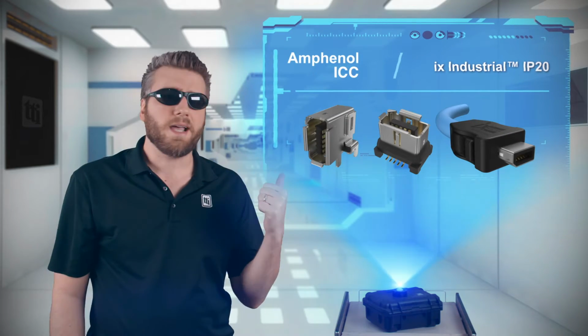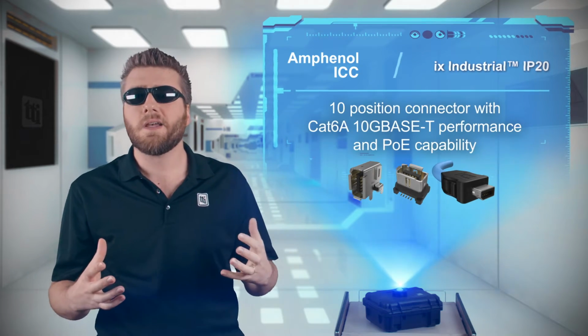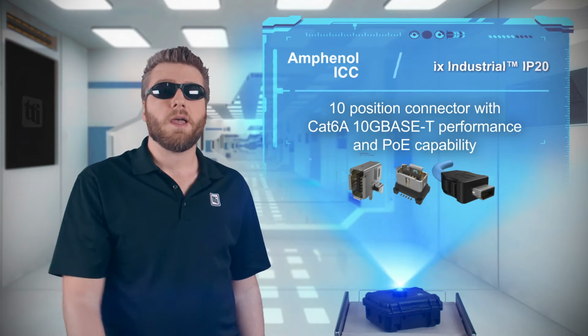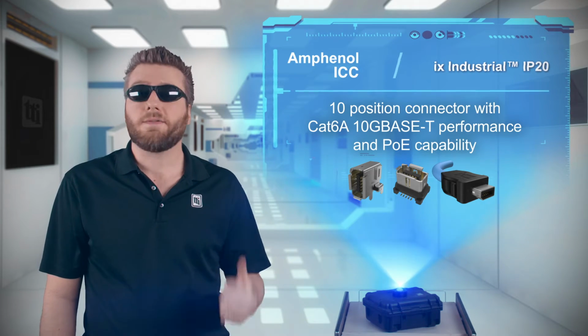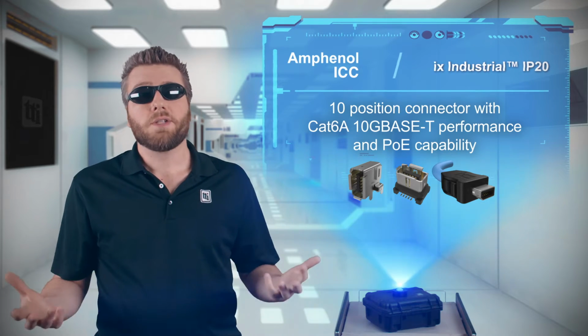Amphenol ICC's IX Industrial IP20 connectors, they're like a connector unicorn. They're fast, small, and robust. They probably shouldn't exist, but they do. And I've got plenty of them here for your next factory robot, medical device, building automation system, or IoT connected